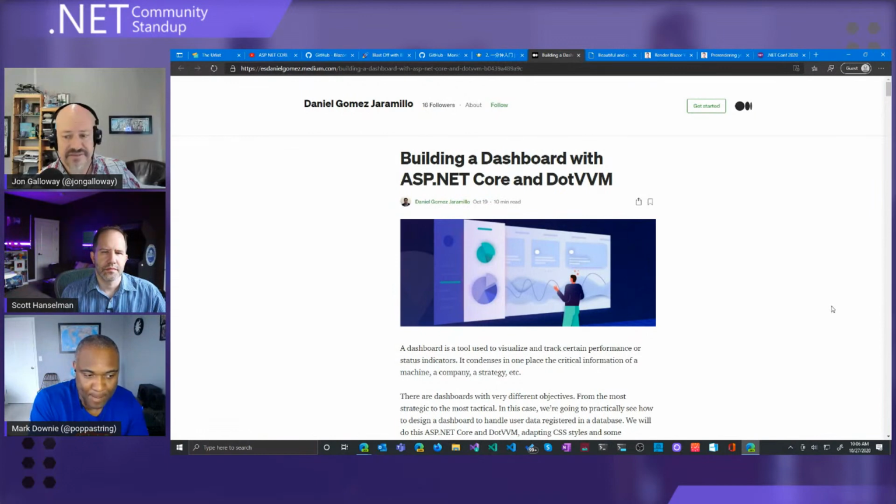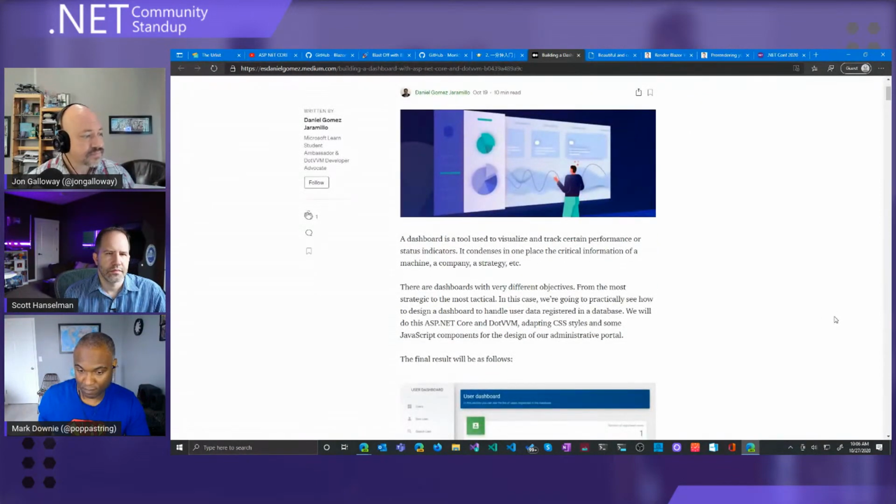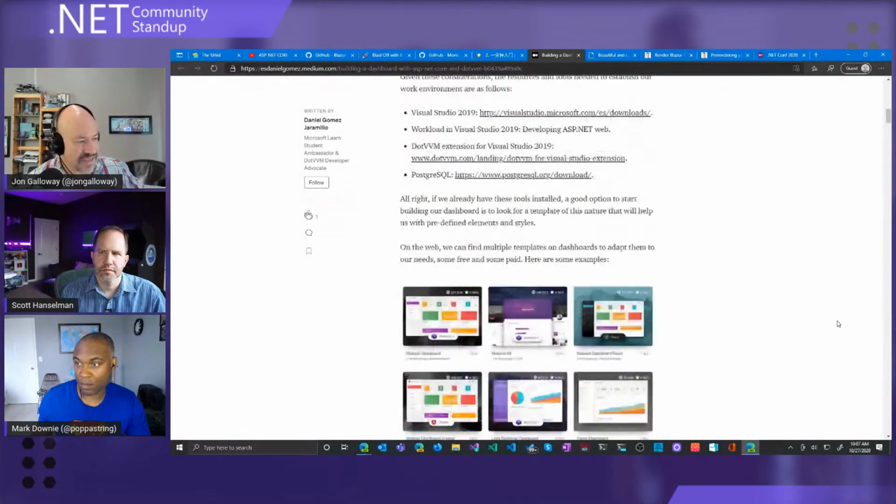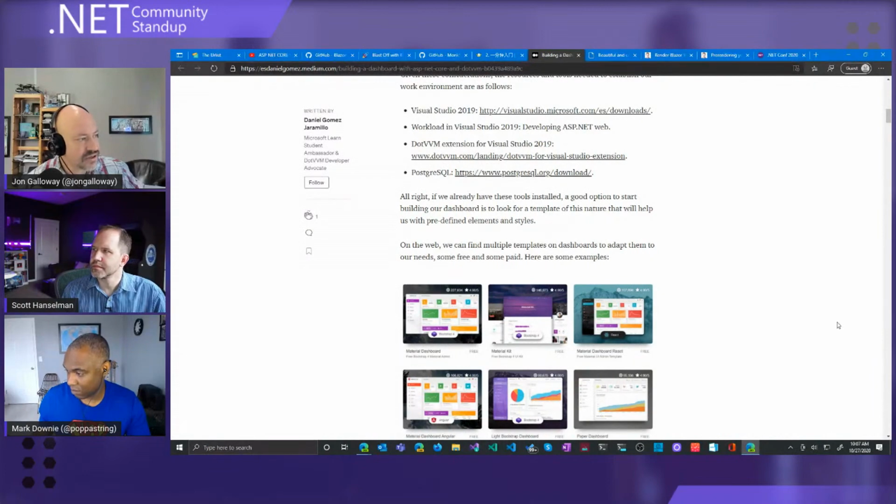And one nice thing with .vvm is you can run side by side. So .vvm will work with ASP.NET on .NET Framework, and then you can do your updates to it, and then you can flip over to .NET Core. So if you need to do a phased migration like that, this is a nice alternative. And it's built using an MVVM style. So as opposed to Blazor being component based, and you can definitely build MVVM on top of that, this is very much you build views and view models. So if that kind of style feels good to you, then that's also nice.